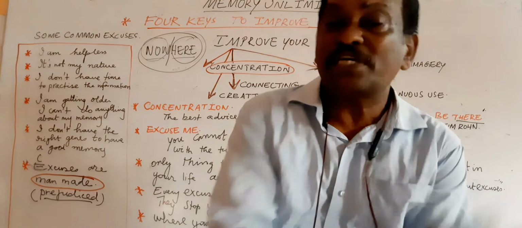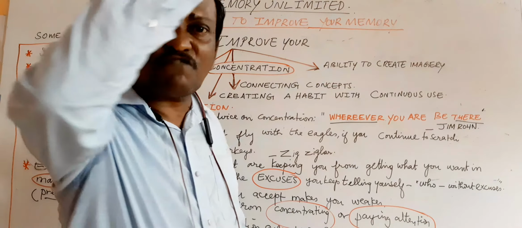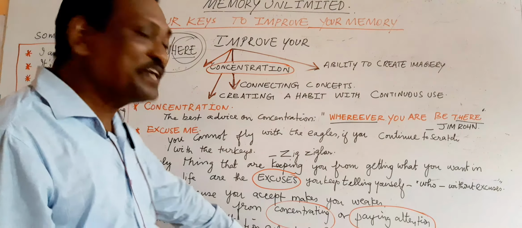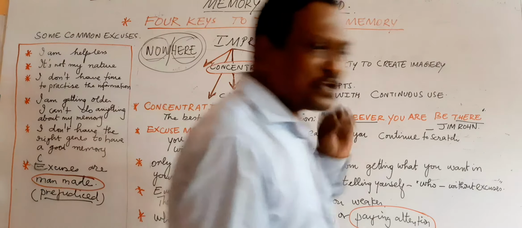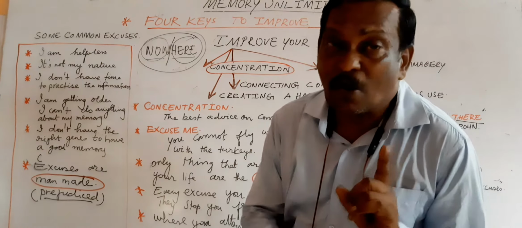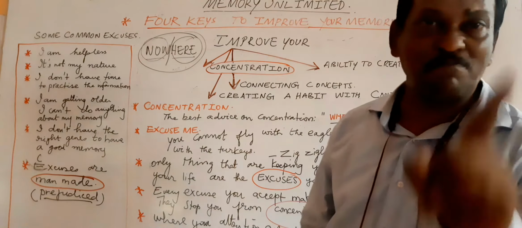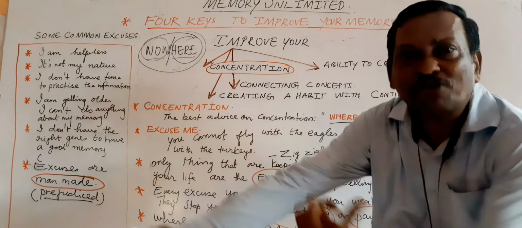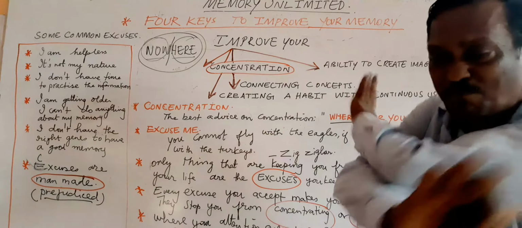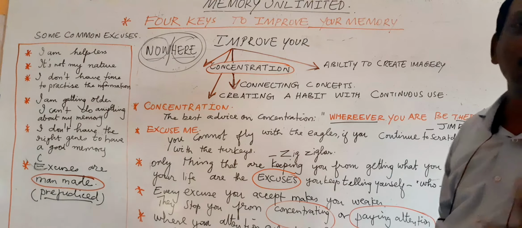But where does your energy flow? Does it flow towards a constructive path or does it flow towards a destructive path? That is important. Where your attention goes, where is your focus? Is your focus on giving excuses after excuses? Or is your focus on throwing away and saying goodbye to the excuses and moving towards your goal? It depends on you. So if you are going to embrace excuses, your energy flows towards negativity. If you break away from the excuses and move forward, your energy flows in a positive direction.